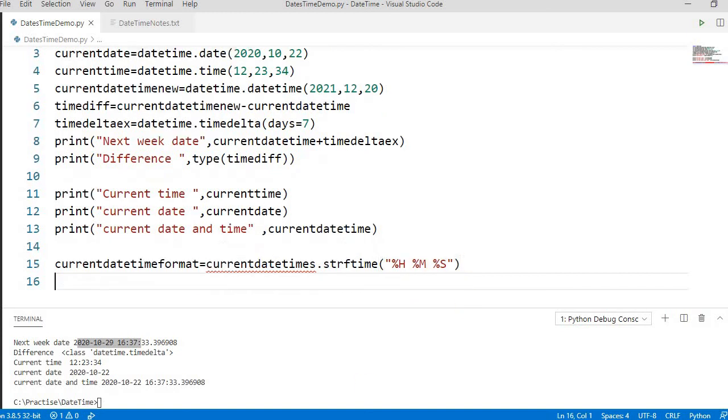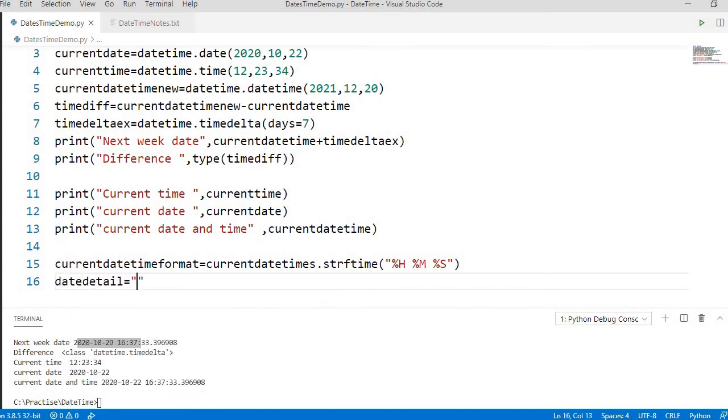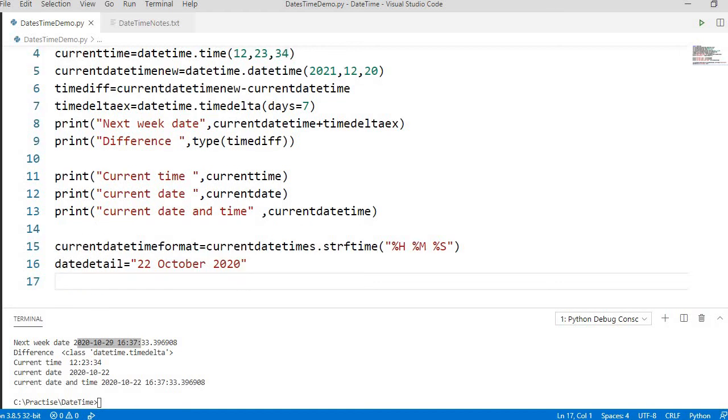How do we call strptime? Suppose we have one string like date details, and it contains something like 2020, and you want to convert this into the date format.